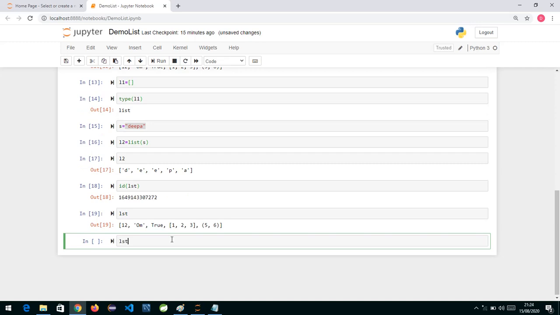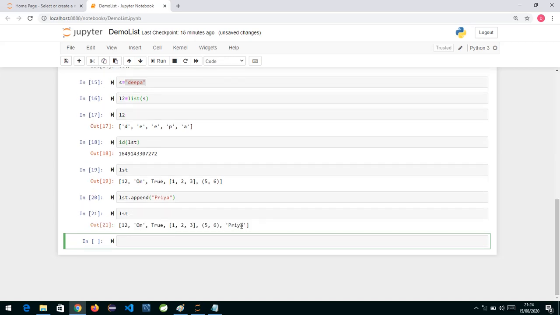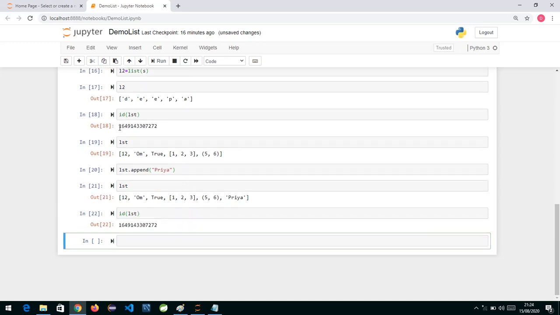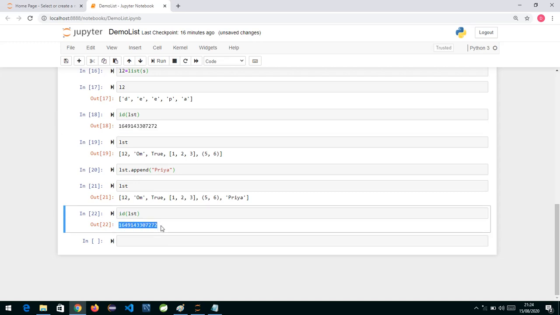Now if I write lst.append, append means it is going to insert at the end, and I append Priya. Now if I print the list, you can see after 5 6 the word Priya has been appended. If I check the ID of LST again after appending, you can see we get the same reference ID. It means it has not created a new object; it has added at the end of the existing list only. So we can say that a list is mutable.